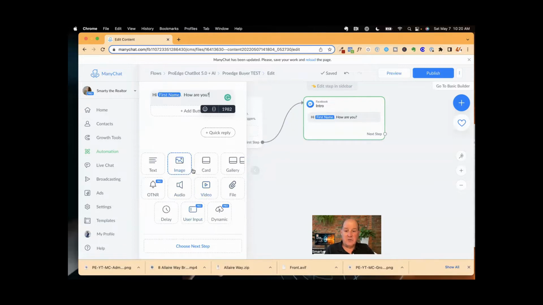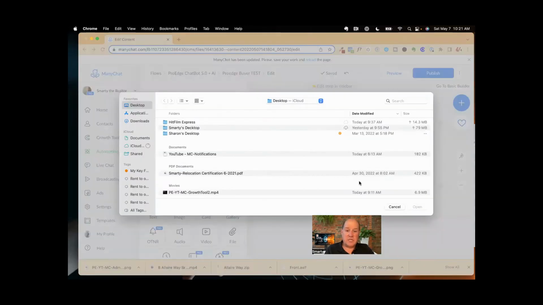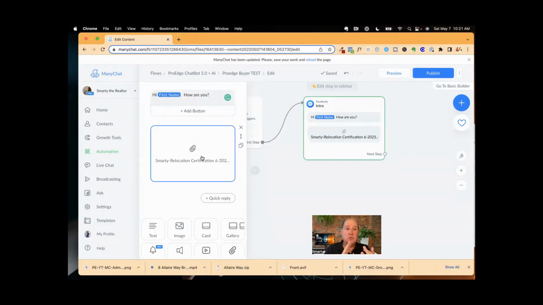If you select any of those, literally when you click on files, it'll allow you to go out to your desktop and grab that file. So in this case, I have a PDF on my desktop and I'll pull that in. The one thing I'll point out with videos, audios, files, and images is to pay attention to the size of those files. If you put a heavy MP4 video in here, like a YouTube channel video, you'll turn people off, because